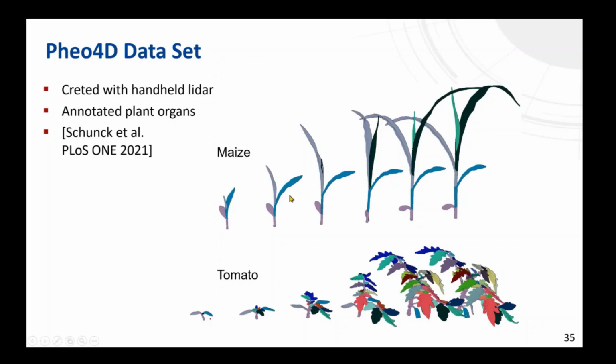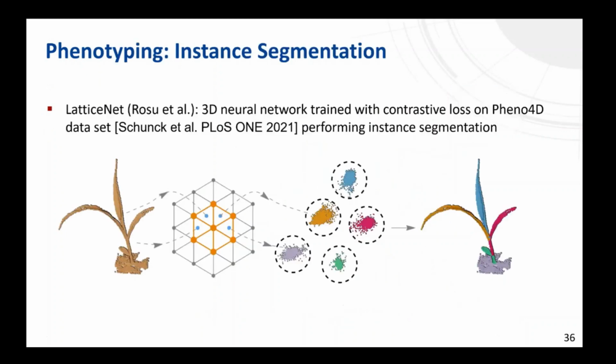It has recently been published, and we annotated this data set with plant organs, which is the basis for learning instance segmentation. Alex used his LatticeNet approach